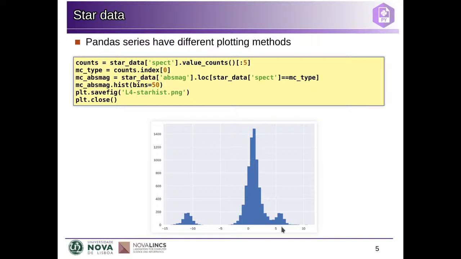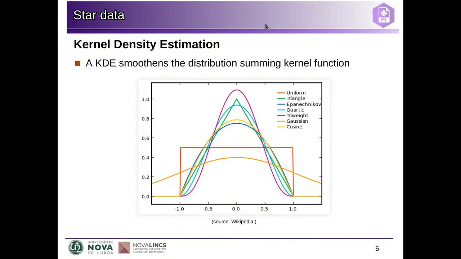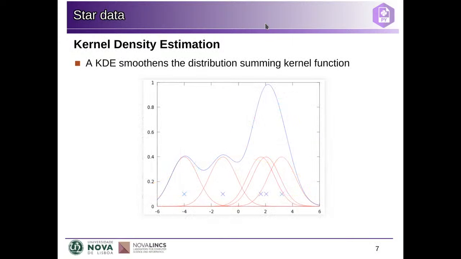And if you change the bins a bit, the look of the histogram can change quite a lot, because some points now no longer fall in one of the bins, they fall in the one on the side, and the whole plot looks different. So I prefer to use kernel density estimation, which is a smoother version of the histogram that we can compute